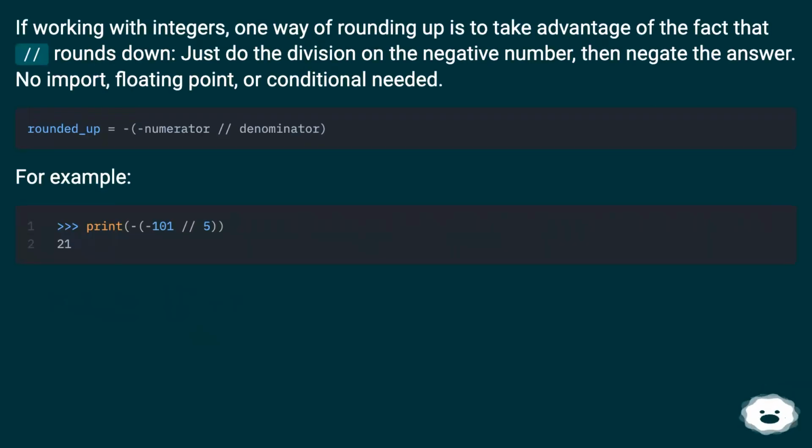If working with integers, one way of rounding up is to take advantage of the fact that // rounds down. Just do the division on the negative number, then negate the answer. No import, floating point, or conditional needed. For example,